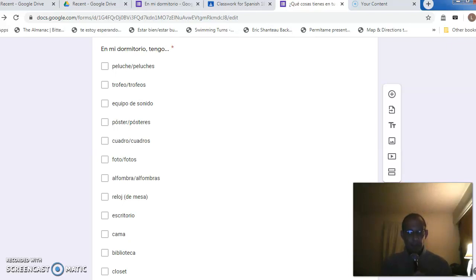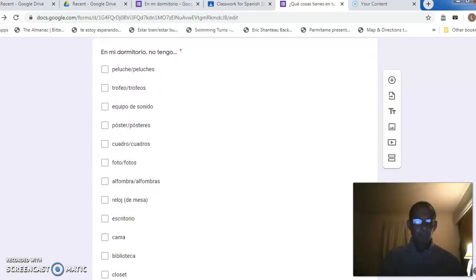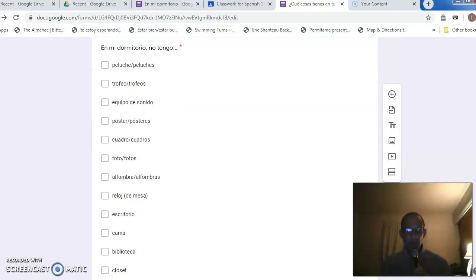So in this Google form, instead of multiple choice, the format is check boxes. You are going to go through this list of vocabulary that you should have already looked up in the previous Google form, and check off the items that you have. Perfecto. And even though it might seem a little mechanical, here's the same list, and you check off the items you don't have.